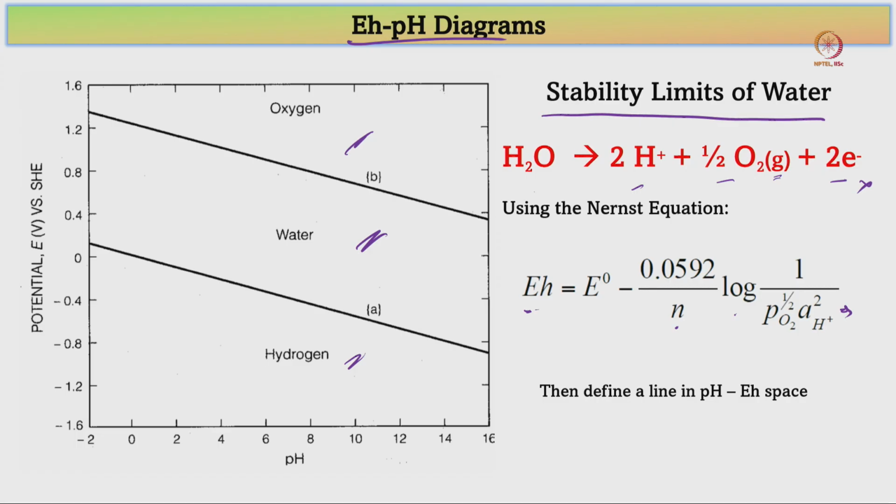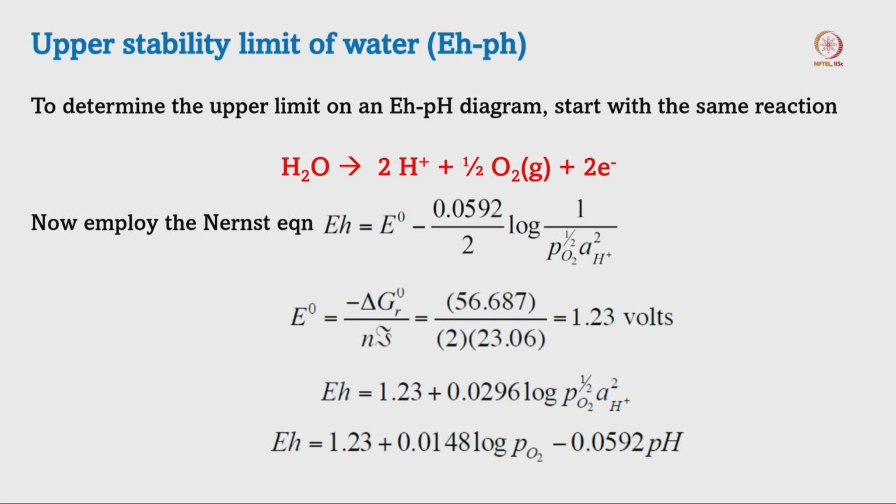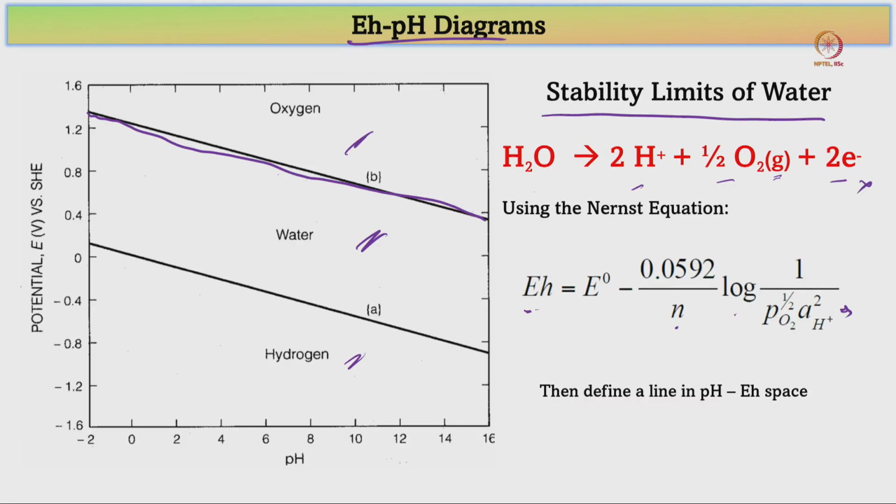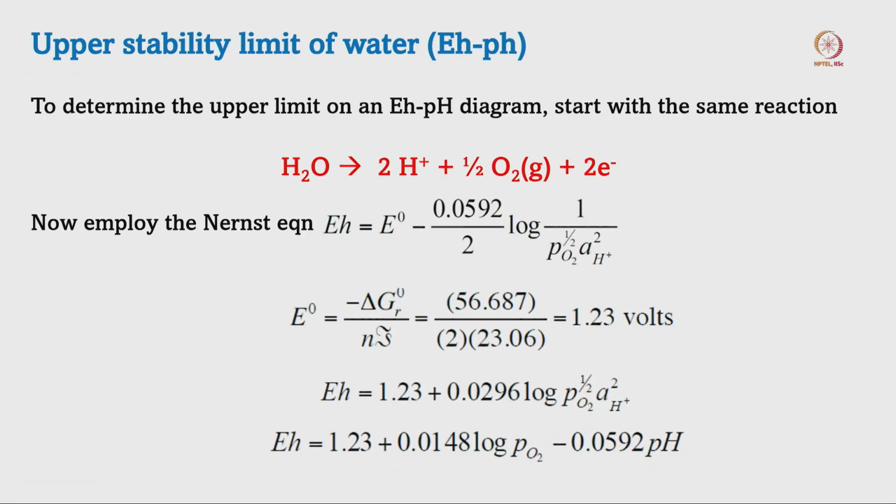So, this is the stability limit of water. This is that line. This is the stability limit. Now, let us draw the upper limit of this